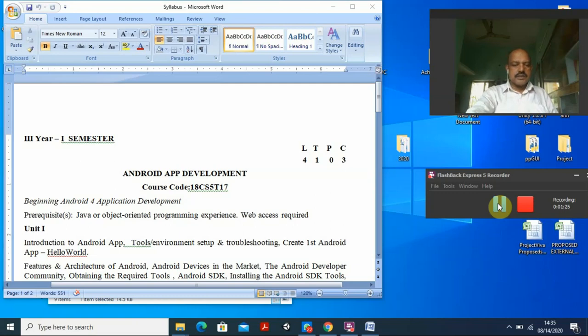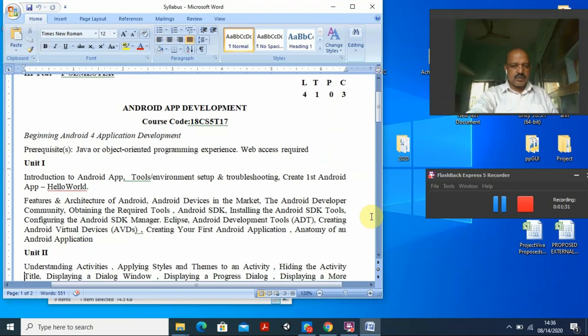We have designed this syllabus for you, and I am telling you the syllabus for the first unit. In unit 1, the most fundamental things are here: introduction to Android applications, the tools, environment setup and troubleshooting, and how to create the first Android app.